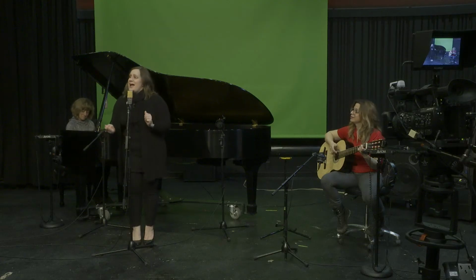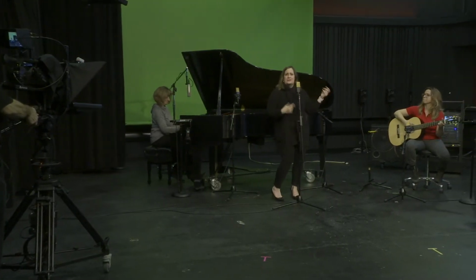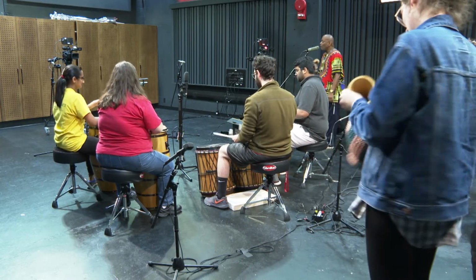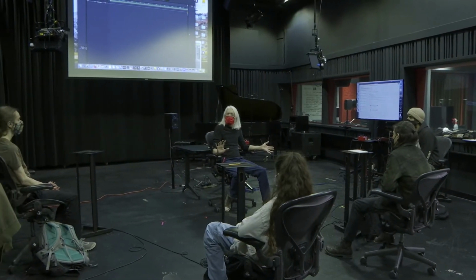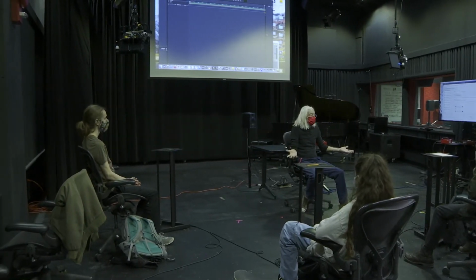Changing things around in the studio can easily accommodate a multi-camera video production of small ensemble performances, even with green screen abilities. It's also a great performance and rehearsal space. Traditional classroom presentation abilities add in the support for courses like sound recording and production, songwriting workshop, ensemble nonlinear, and